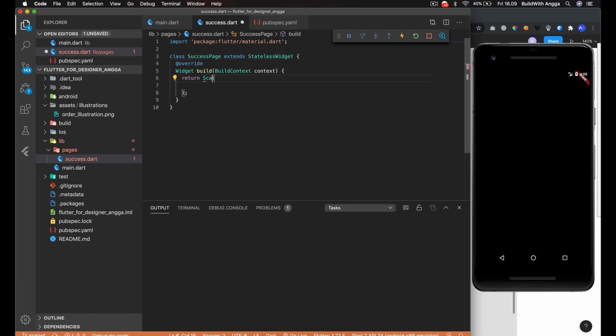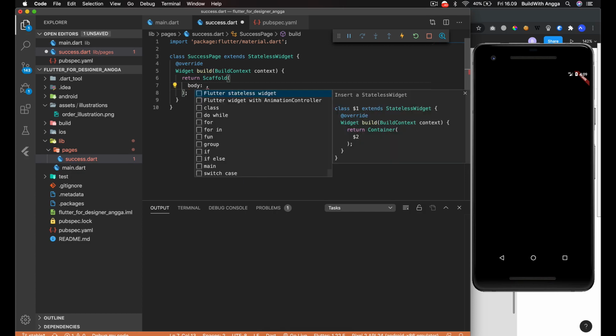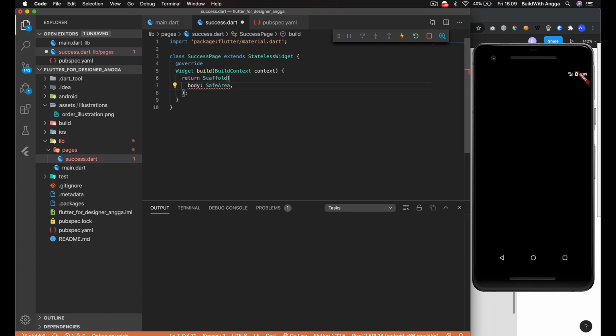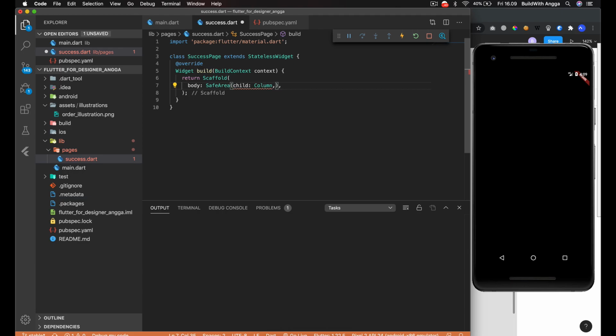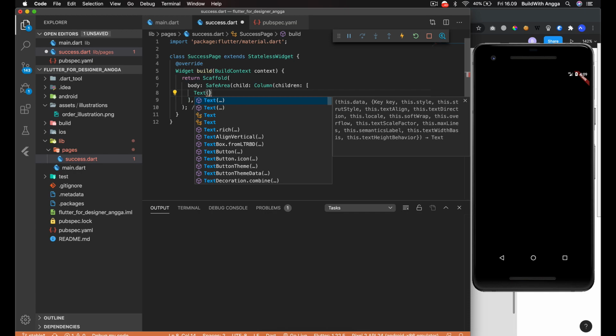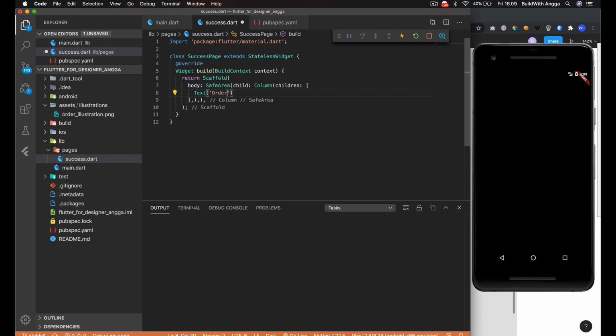Right here we give the Scaffold, and then you give the SafeArea, and we need to provide a child, which is a Column, and the children. Maybe right here we just go with text first, like order your food.